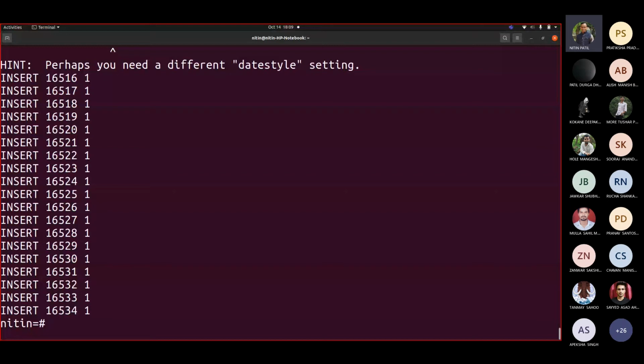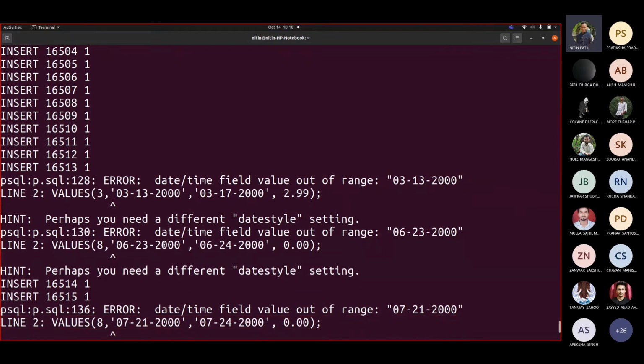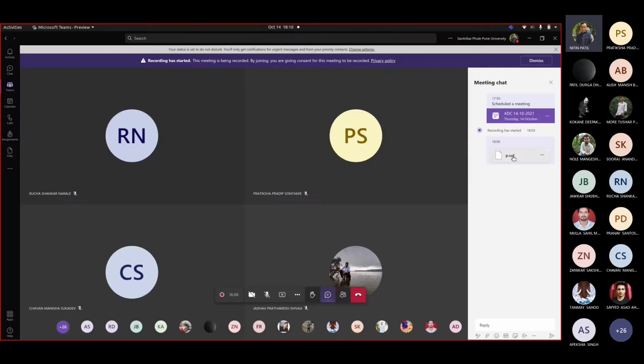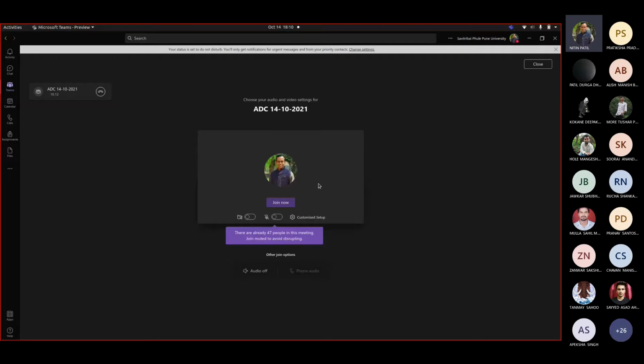Okay, once you write it, it will tell you if there are errors. For example, it is giving you an error with respect to the date. Now, if you see, the date format seems to be MMDDYYYY in this case, because you are trying to insert records that way. Say if I go and check this file, it may not permit me from here.